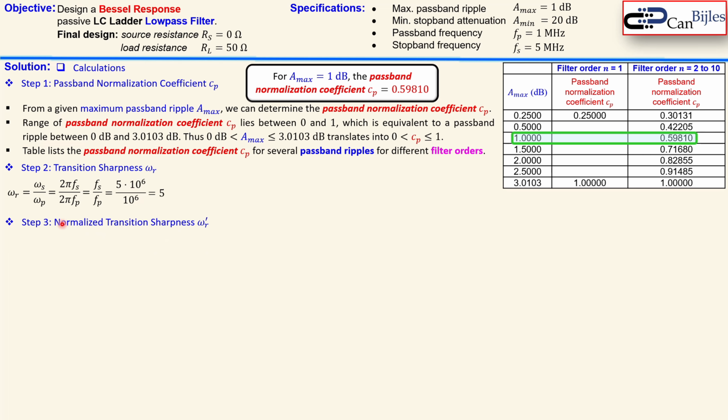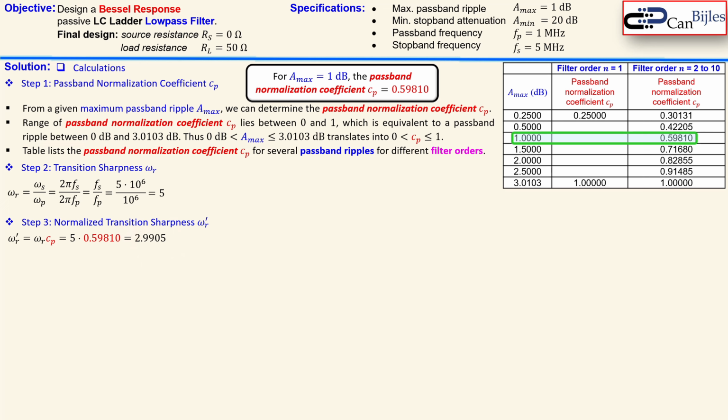Okay. Now, we need to, again, go to the normalized value. So how to do that? That's step 3. So you take this value and then multiply that by the C sub P we have determined in step 1. And then you get 5 times this 0.59810. That's approximately 3, so 2.9905. This is a very important value because we need to use this in our table